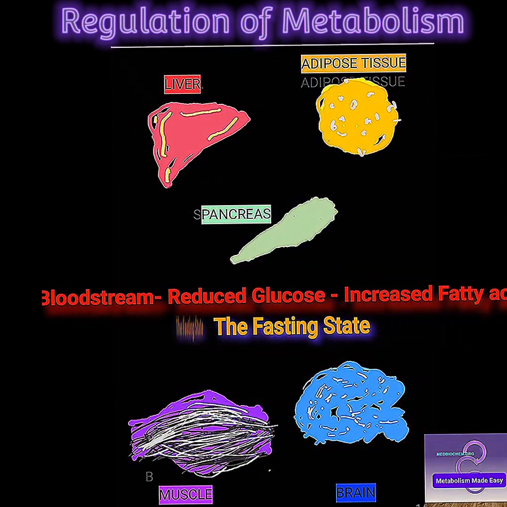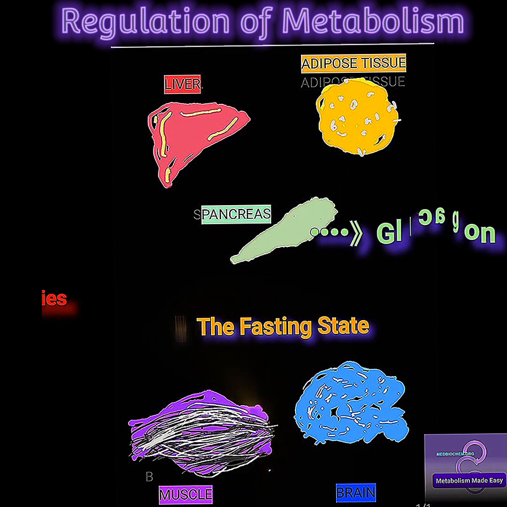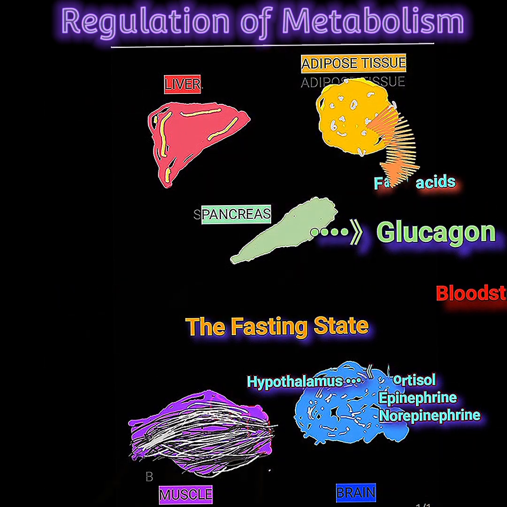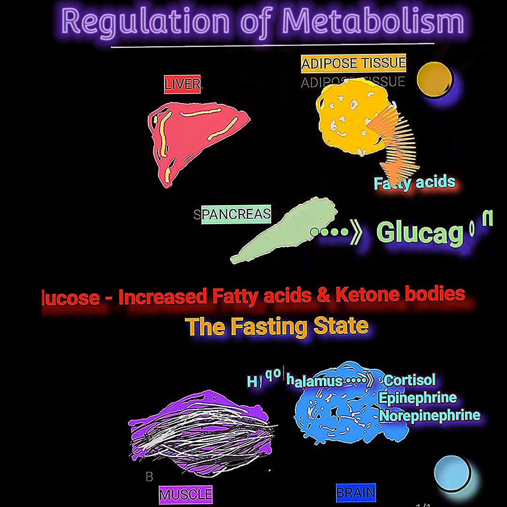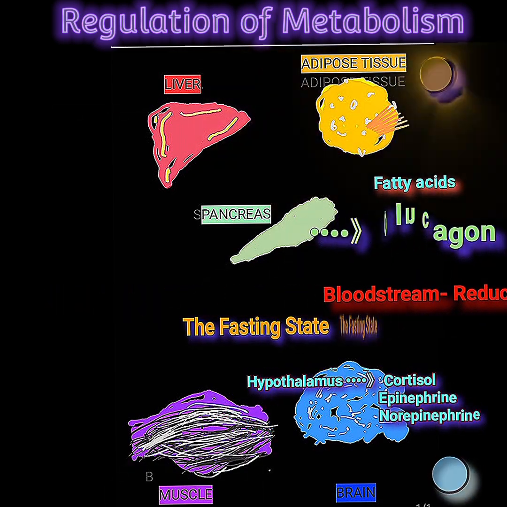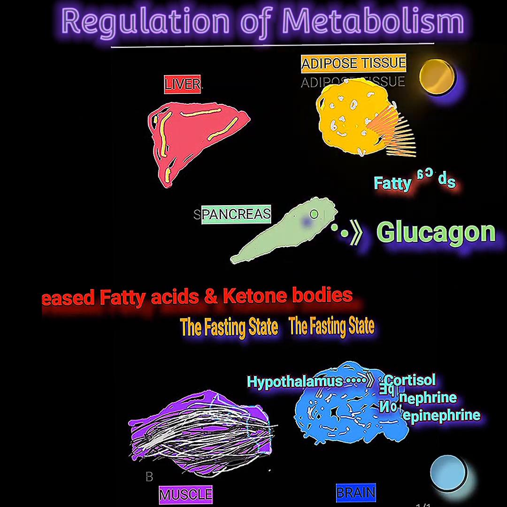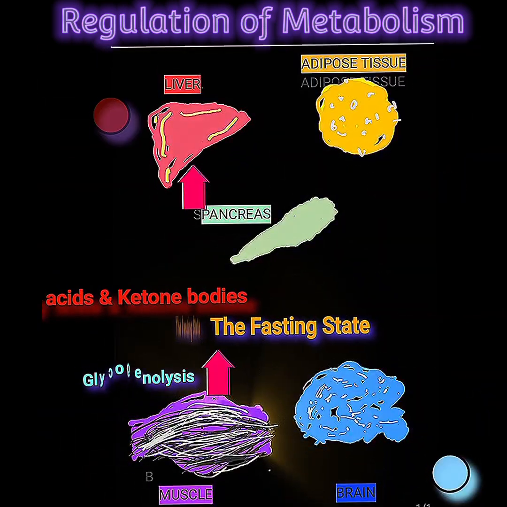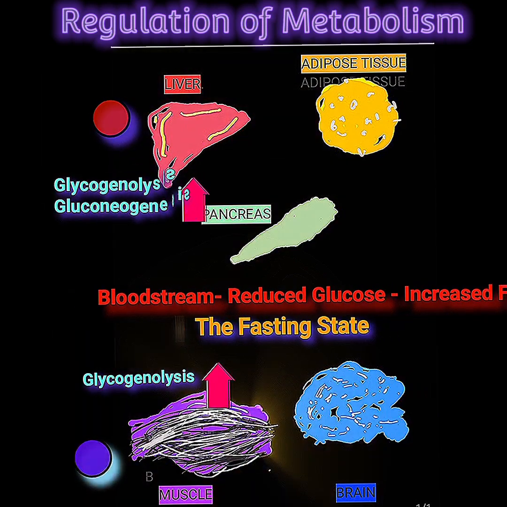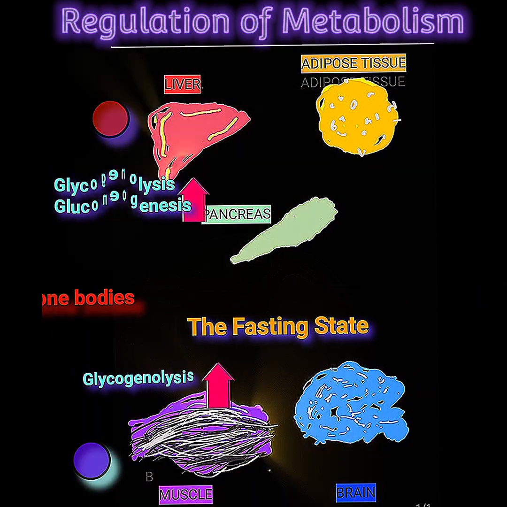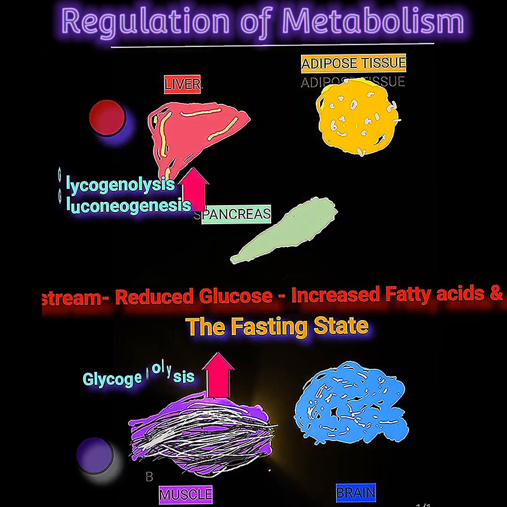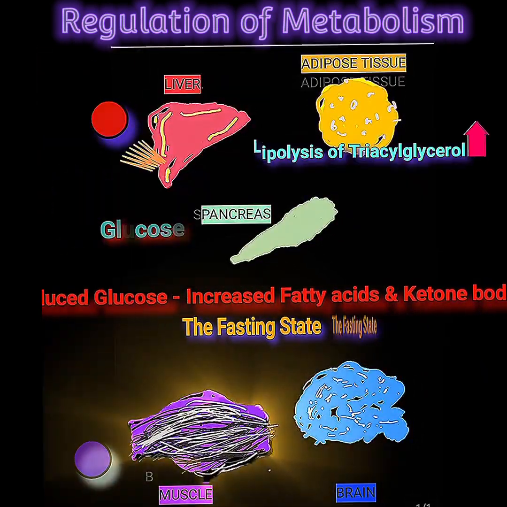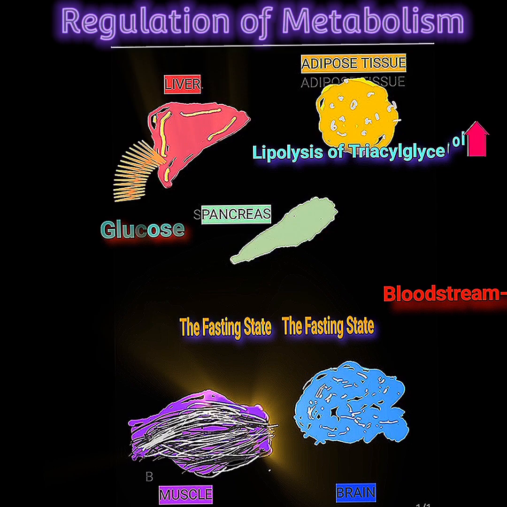During fasting, a drop in blood glucose will trigger the release of glucagon from the pancreas. Through the hypothalamus, the brain will direct the production of cortisol, epinephrine, and norepinephrine by the adrenal glands. In the liver, glucagon and epinephrine will stimulate glycogenolysis and gluconeogenesis and resupply the blood with glucose, as well as